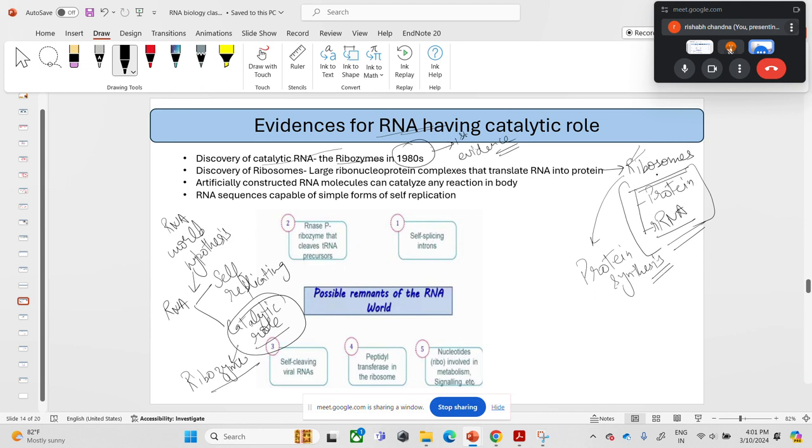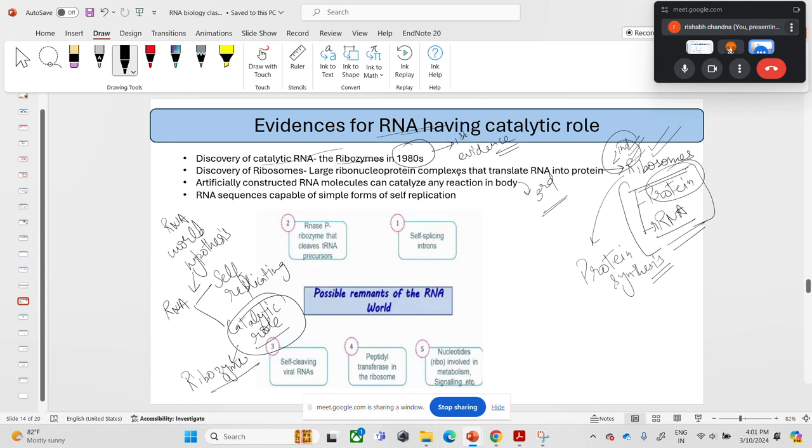Okay, so that helps in basically translating the mRNA to a protein. So this is the second evidence for RNA having a catalytic role. Although it has a conjugation with the protein molecule, it also has a catalytic role. Okay, now comes the third